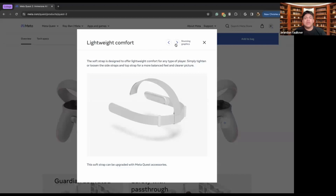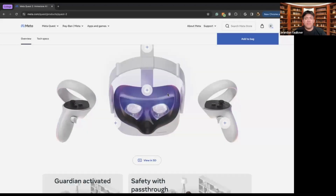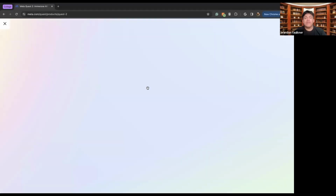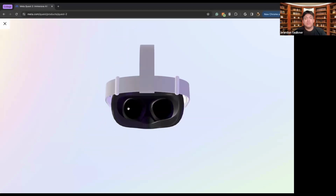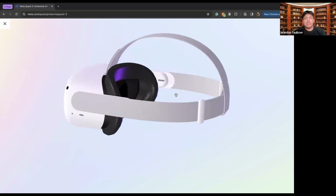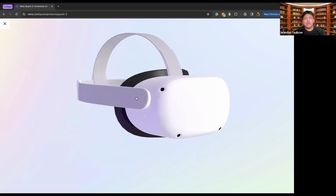You simply attach it to your head and then get things rolling like that. There's also the stunning graphics, as I mentioned before. And then as well, if you are viewing the product online, like I am, I can see the product in 3D and I can zoom in, zoom out, and focus on what is most important to me with this type of product. So here we can see some of the housing, like this is where the computer will be